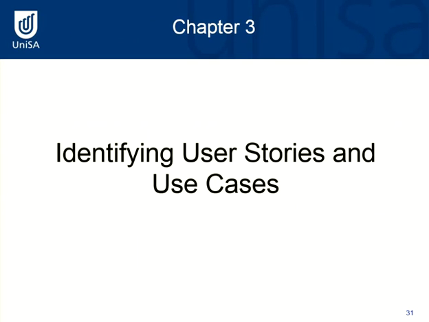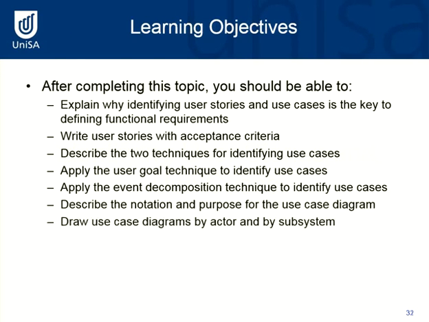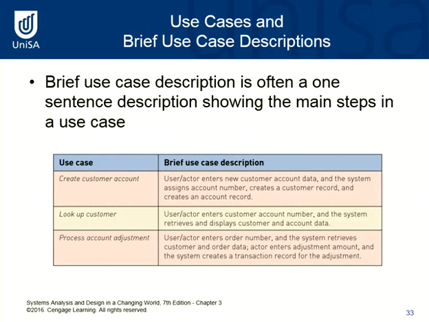We then looked at identifying user stories and use cases. So again, learning objectives for that topic: understanding what a user story is, understanding what a use case is, understanding what a brief use case description is. You would have had to come up with a table similar to this for your assignment that you've just recently submitted. So it's pretty much a one-sentence description showing the main steps in the use case. You also talk about who the actor is and what are the things that occur within that brief use case